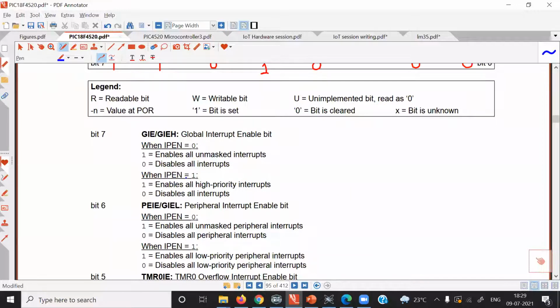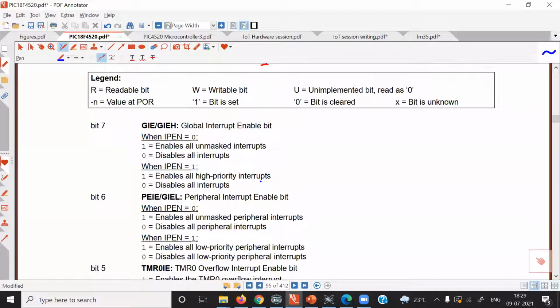When the IPEN bit is equal to 1, it enables all high priority interrupts. There is one more bit called the peripheral interrupt enable bit. The interrupt sources like ADC and other timers like timer 1, timer 2, timer 3 are called peripheral devices.